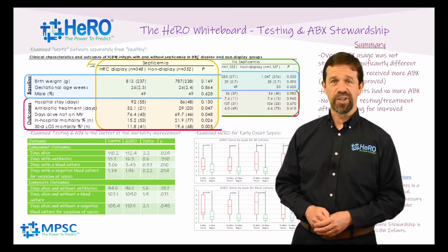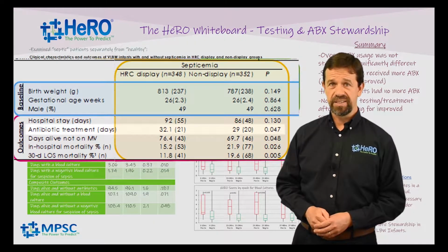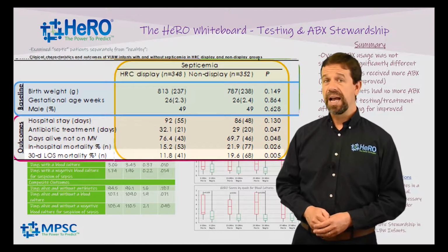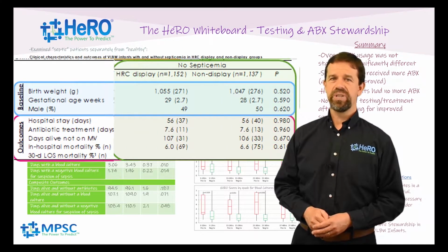As we turn to outcomes, among the septic patients, we can see that there were significant increases among HeRO monitored patients for days of antibiotics, number of days alive and without mechanical ventilation, survival in the NICU, and survival within 30 days of infection. However, as we turn to patients that were never sick, there were no differences in any